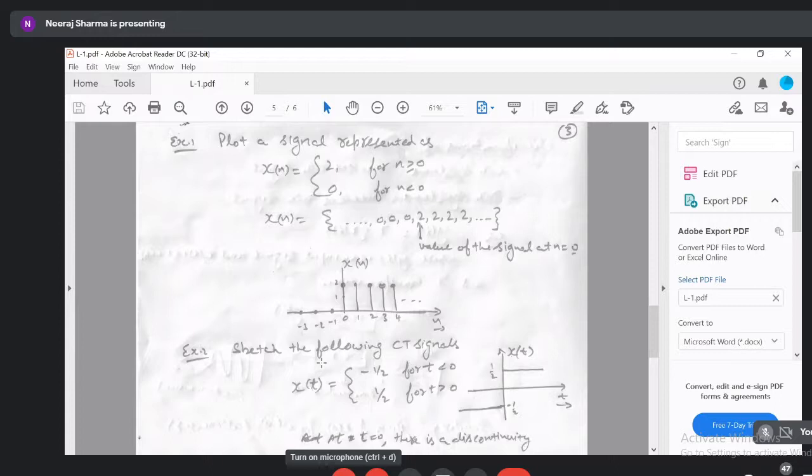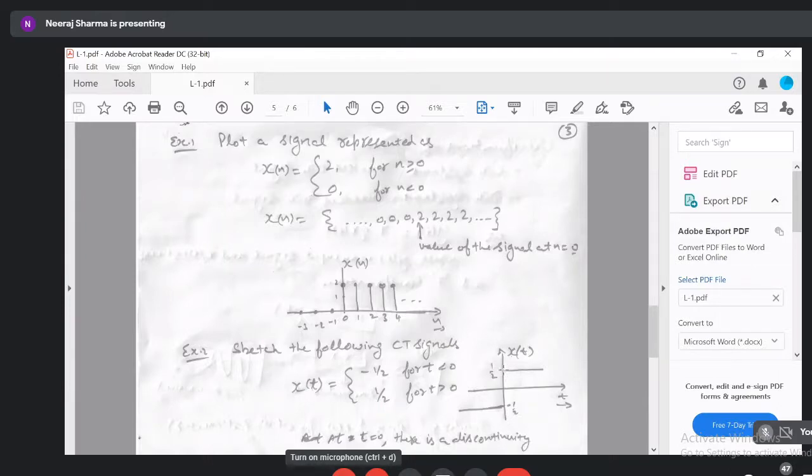If you look at this mathematical representation, at t is equal to 0, we do not have any given condition कि t is equal to 0 पे signal क्या है. So at t is equal to 0, the signal can take any magnitude. It can be equal to +1/2. It can also be equal to -1/2. So for such type of conditions, we term that condition as a discontinuity. That is, there is a discontinuity because the signal changes its magnitude from +1/2 to -1/2 abruptly or within no time, right? So there is a discontinuity in that sense.